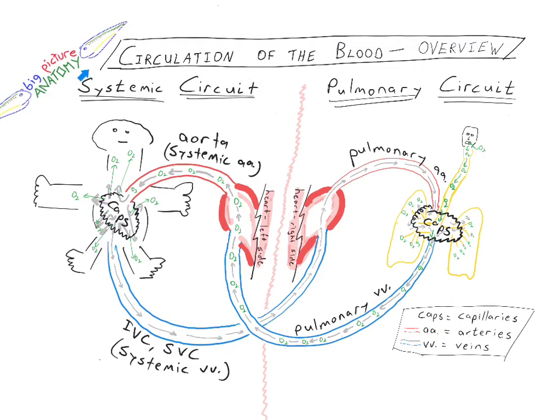All right, this is Big Picture Anatomy with a look at an overview of the circulation of the blood. At the heart, no pun intended, of the circulatory system is, of course, the heart itself, which here is a very schematic view, and we've divided the heart into the left side and the right side. We're going to take a look at how the right side of the heart pumps blood into what's called the pulmonary circuit, and the left side of the heart pumps blood into what's called the systemic circuit, and how it all works